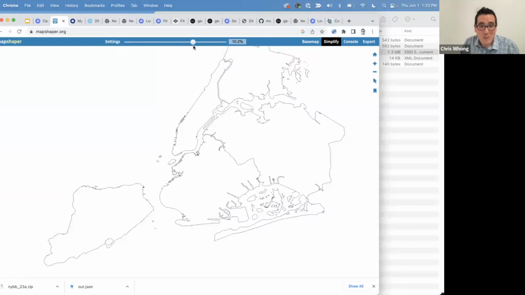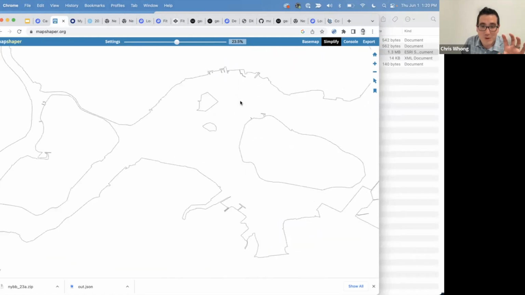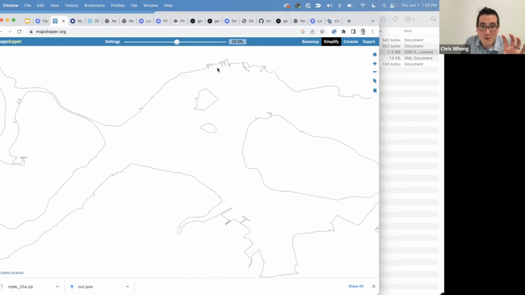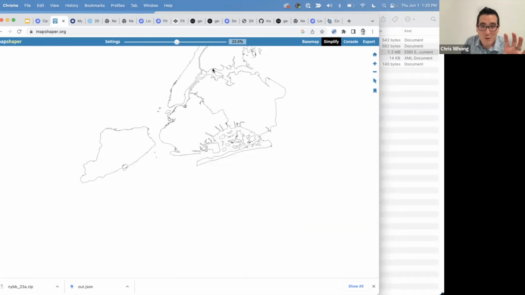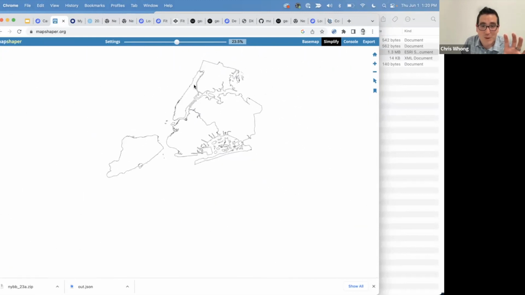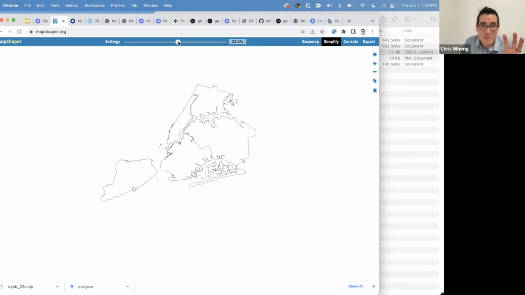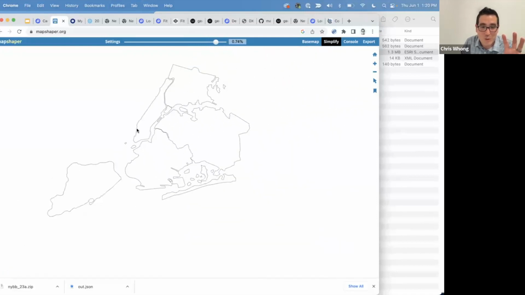And as I move the slider, you'll see once I get towards the end of it. So between here, you know, this is 100% of the original size. And now I'm back down to like 20%. And the visual at this level hasn't changed much at all. So there's lots of vertices that have been removed here. And we still see there's lots of detail around the coastline here, but I don't need this level of detail if I just want like, you know, rough shapes for these borough boundaries. So I can keep going further and get rid of the piers and they become, you know, more blob-like. We're not using this for, you know, legal purposes or anything like that. We just want them for visual purposes. And look, this is 0.74% of the original size, which is huge, right?